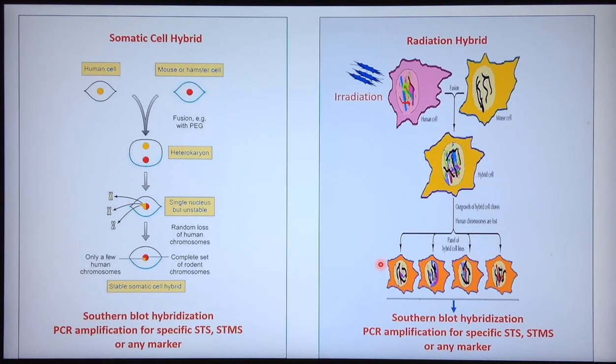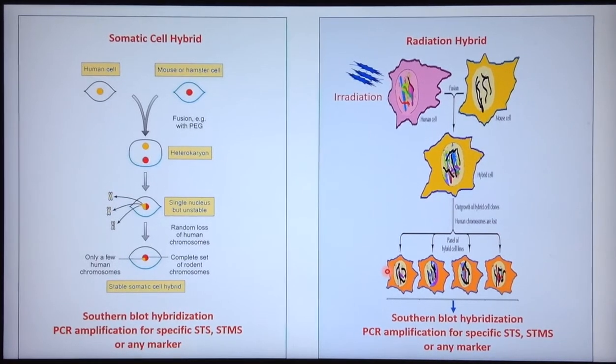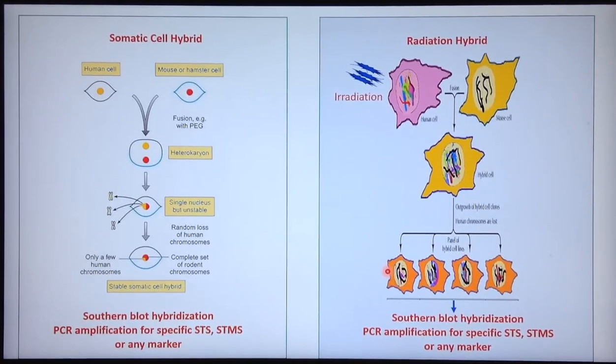in which the frequency of radiation-induced breaks occurring between two genes is a direct function of the distance between them, and the segregation frequency will again vary between 0 and 1. 0 means two markers are never separated, that means they are closely linked, and 1 means the two markers are always broken apart and therefore they are unlinked. Therefore we will have a number of hybrids representing different parts of human chromosomes but complete mouse chromosomes, and these different hybrid cells are panels of hybrid cells. We would like to identify which chromosome a small sequence that we have belongs to, and where we can find a bigger representation of the same part of the chromosome.